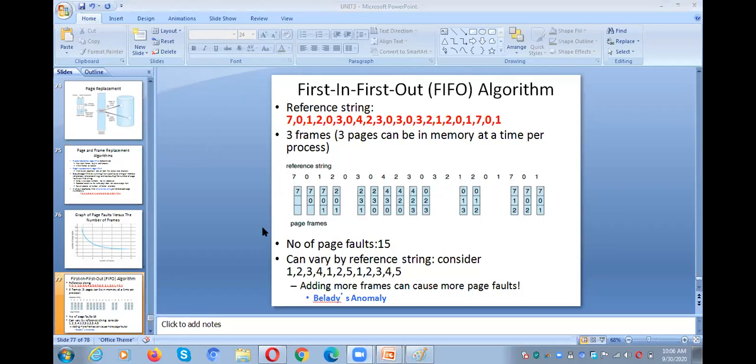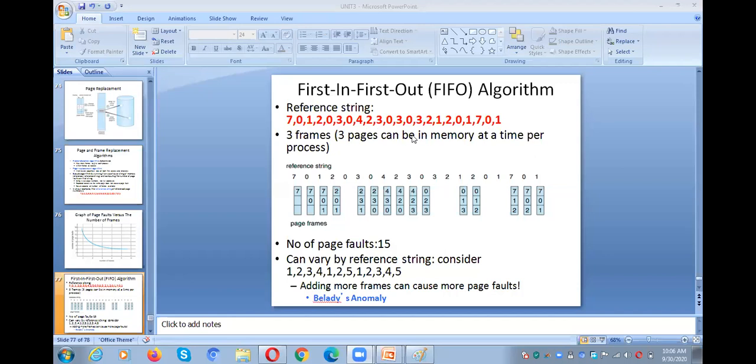So this is the first in first out algorithm. In this particular problem we will get a reference string, the red color line you will get in the examination paper. These are the page references. What we require? We require page 7 and then page 0, page 1. So this is the order of pages we require for executing our program.